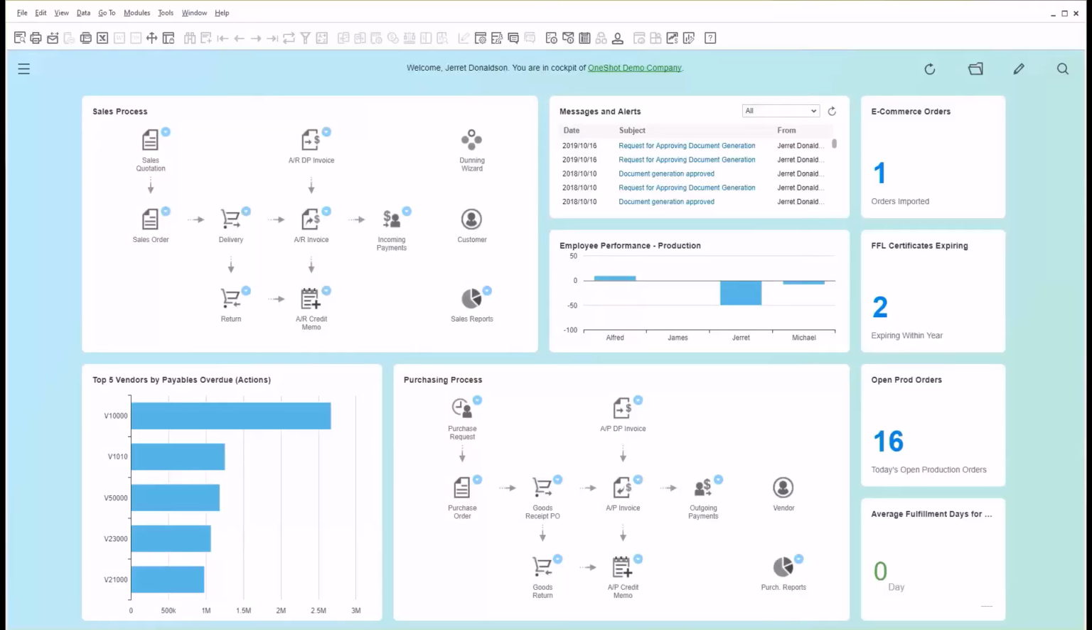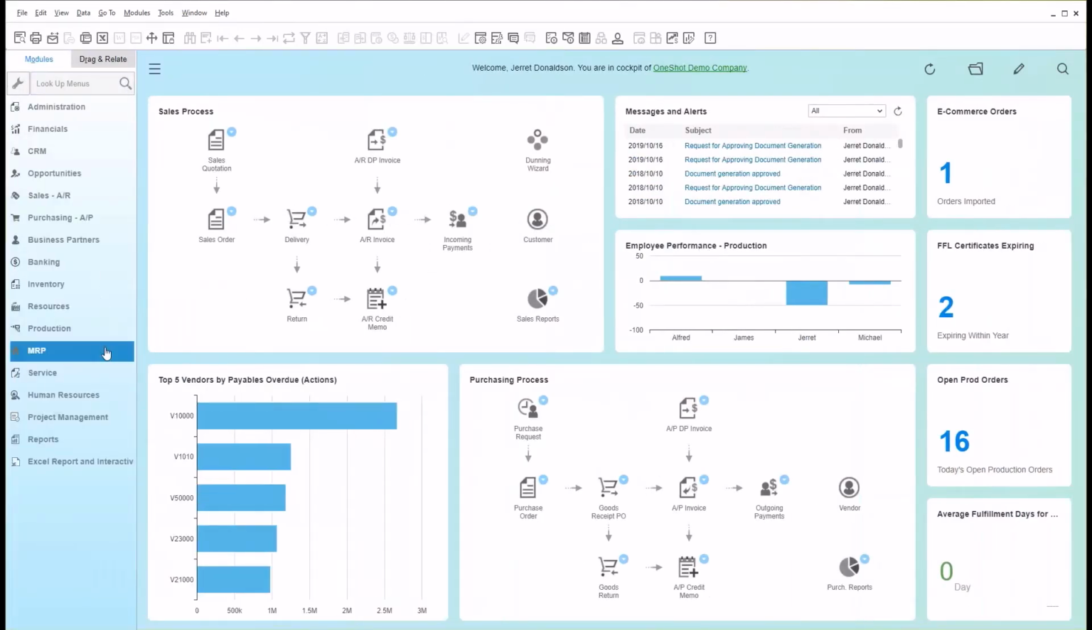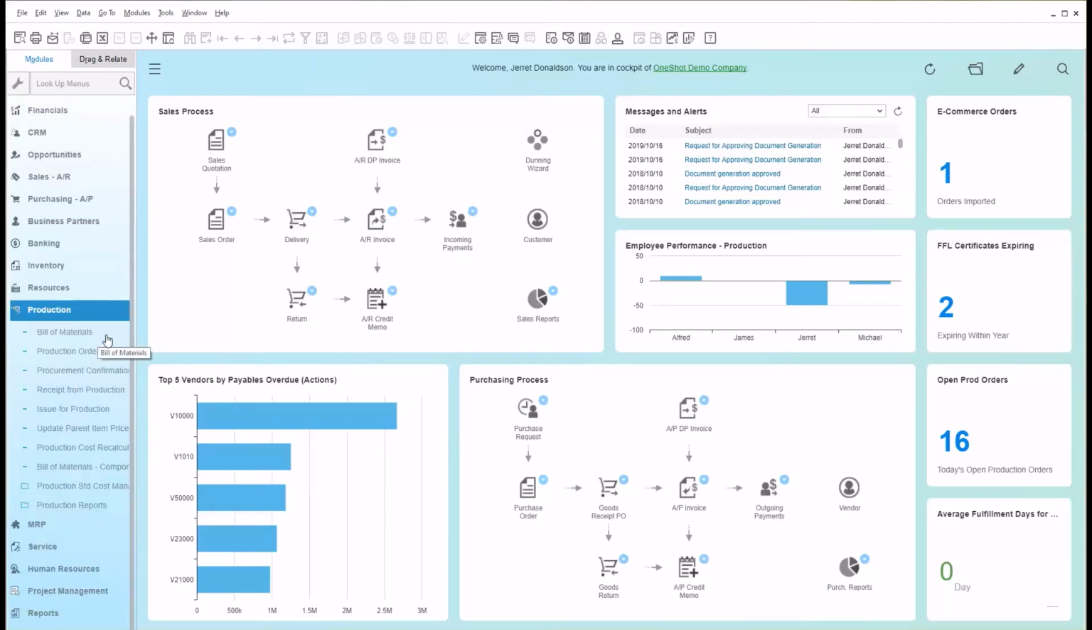The OneShot solution has a lot of features and modules also around production and MRP, or material resource planning. And so we're going to highlight a few of those here in this section. So if I come over here to my main menu, you see I have two separate folders just specifically for production MRP. So we have modules like bill of materials, production orders, issuing components, receiving finished goods, different reporting modules,